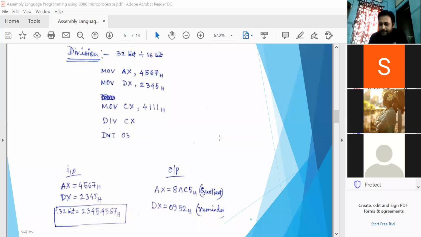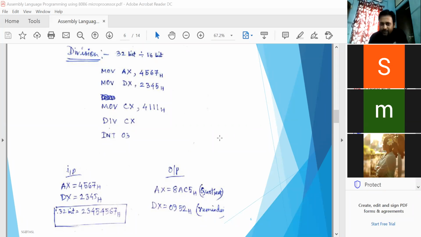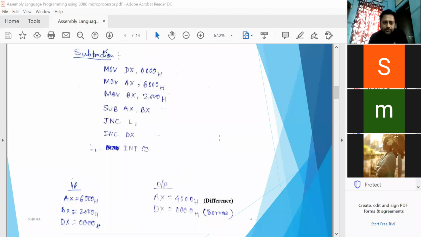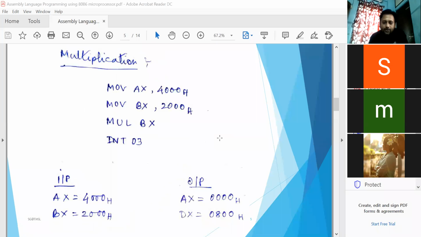Anything else? Sir, can you explain the multiplication program once? Okay, tell me where there is a confusion. There are two numbers, 4000 and 2000. I have loaded the two numbers in two different registers.